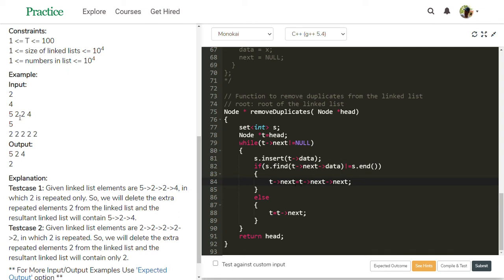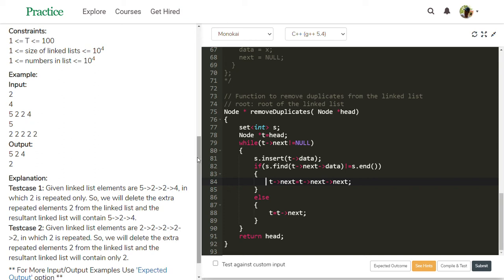Nothing but this t next is pointing to 4 now. The next pointer is pointing to 4 by this statement. Then comes t next not null. Yes, it is not null. 4 is the data.